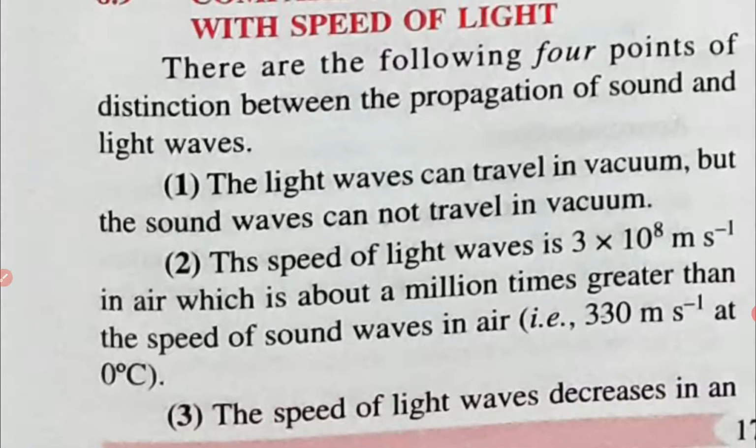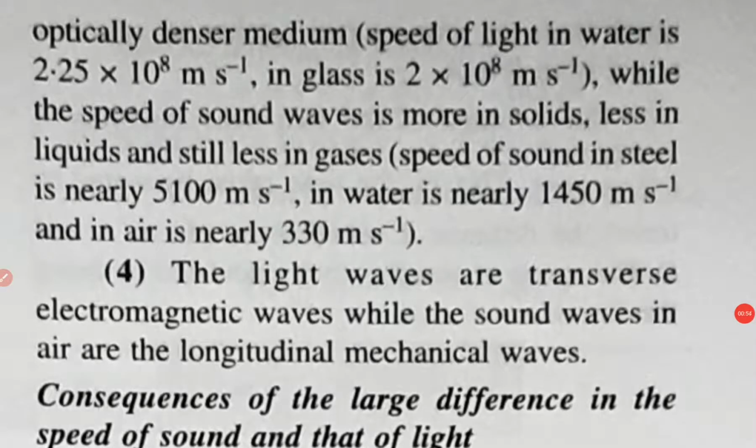Number 3, the speed of light waves decreases in an optically denser medium, which means, for example, if the light is traveling in glass, the speed will not be 3 into 10 to the power 8. It will be slightly less. The speed of light in water, which is slightly denser than air, is 2.25 into 10 to the power 8 meter per second. In glass it is 2 multiplied by 10 to the power 8 meter per second,